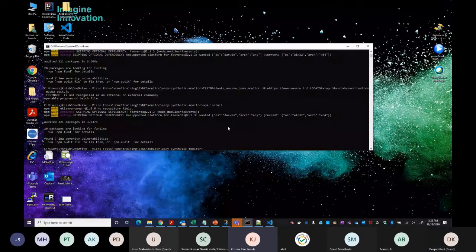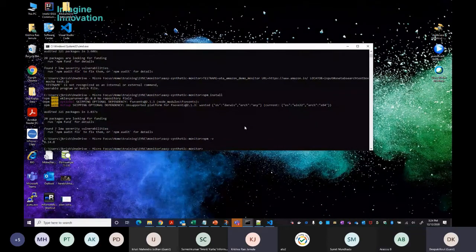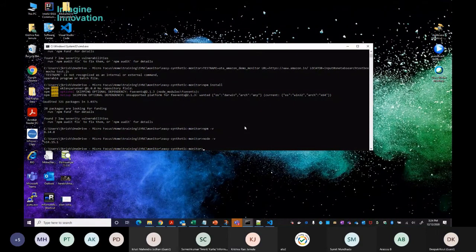Or is it looking for some specific version of npm? No, I don't think anything above 6 should work. Can you do npm -v and we'll see? Yeah, that's okay. Can you do node -v as well? Yeah, that's also okay. I don't think there is a problem with that.